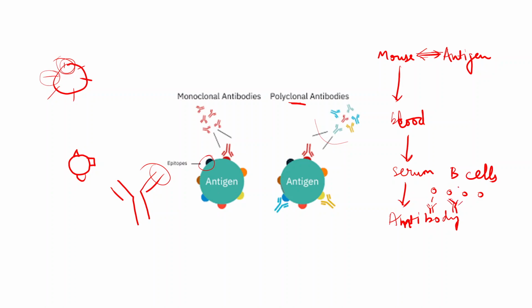So now what we are doing, we are going to pick a single cell and make antibodies. So that's how we can get monoclonal antibodies from one cell clone. From one cell we will make multiple cells. That will be a clone of that particular single cell, and that single clone can give a single type of antibody against a particular epitope. So that will be more specific